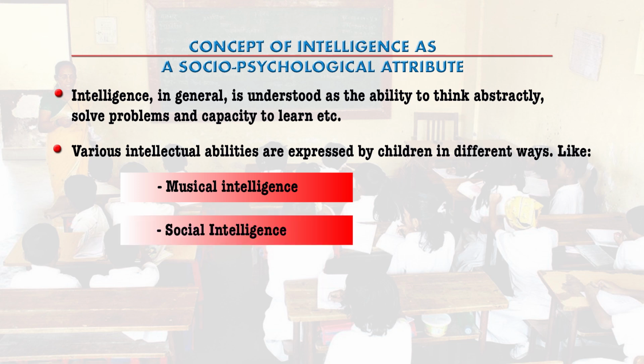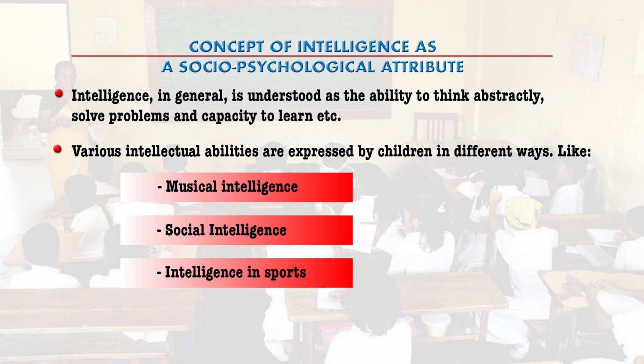And social intelligence: you will find that a group of people are very much interested in doing different social activities, different social work. So, mostly you will find the statesmen, the leaders, the political leaders, having mostly social intelligence. They try to understand the society and accordingly they work for the betterment, for the development of the society.